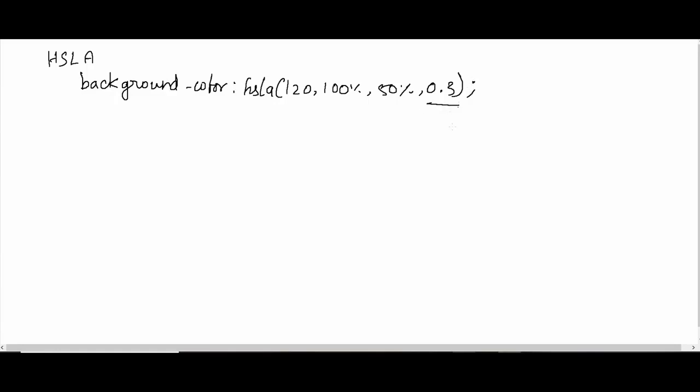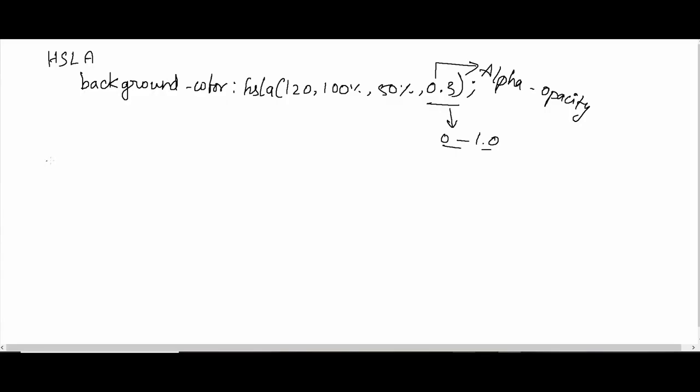So this 0.3, the values we can use 0 to 1.0, okay? Between this only we can use. So this is for alpha. Alpha means opacity, right? We have seen RGB, RGBA, HSL, HSLA, right?